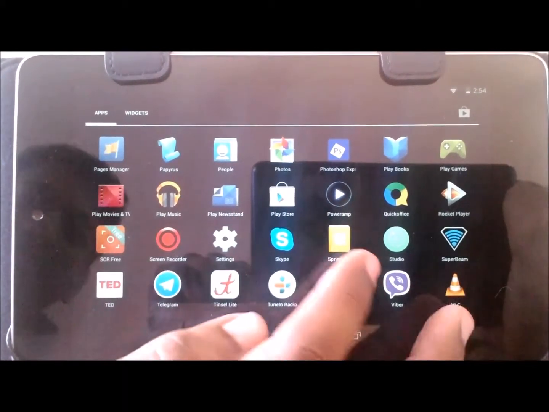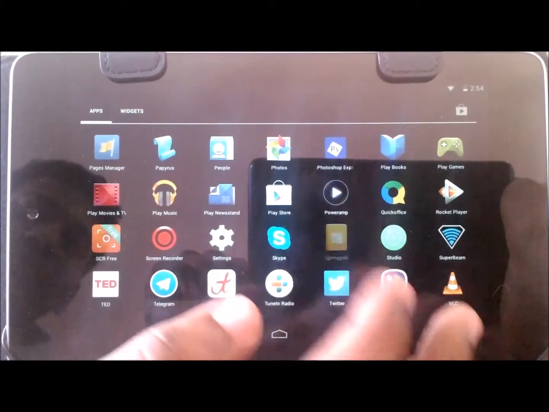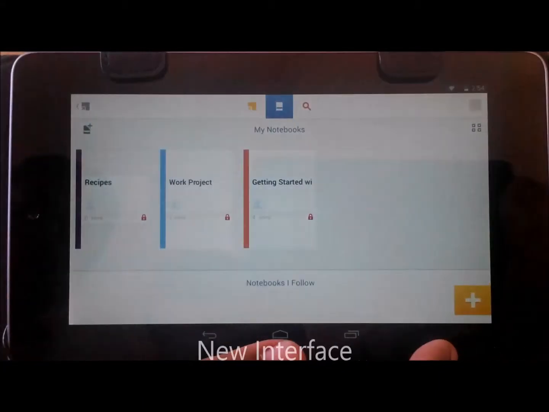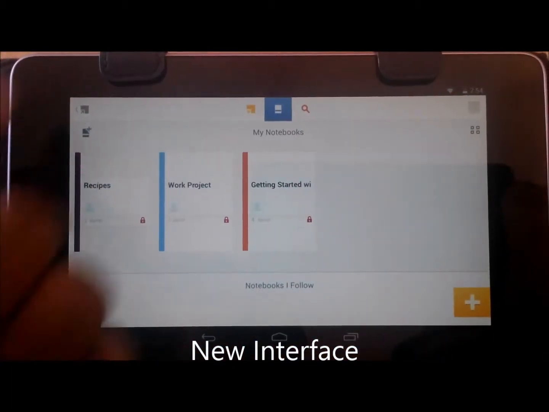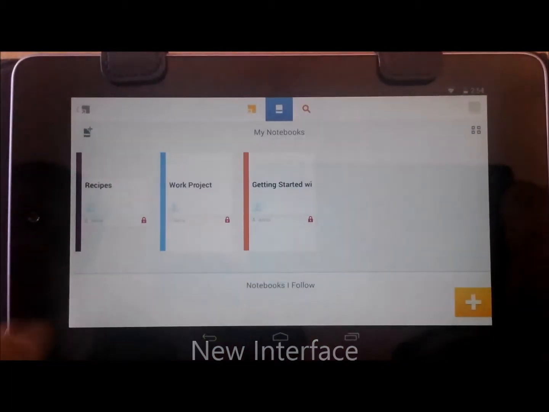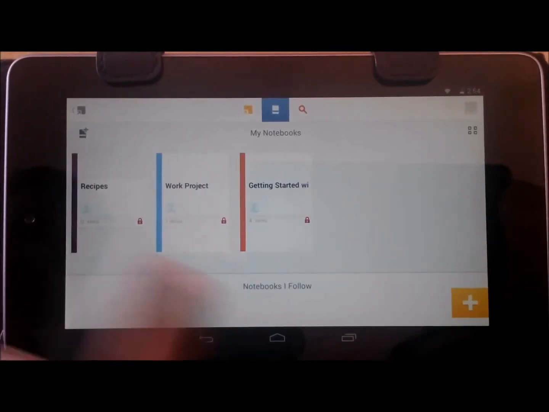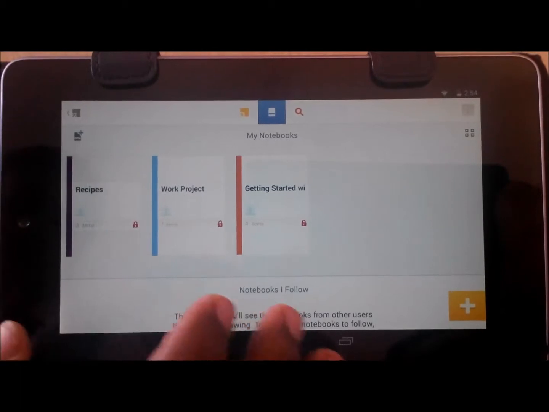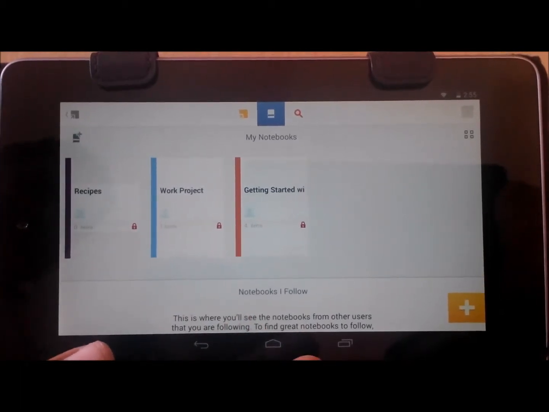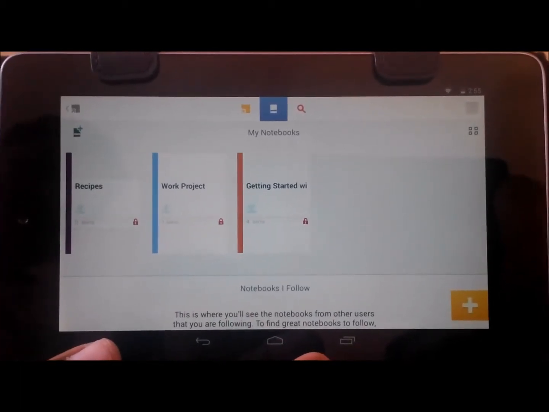Now I would like to present to you the new interface that SpringPad has brought to the tablet. I'm using a Nexus 7 device, and so you can see. This is the home screen view where we enter into the app, and you could see the three parts where I've just saved and I'm starting to use. Normally, in other apps like Evernote and other notification planner apps, you can't do this.